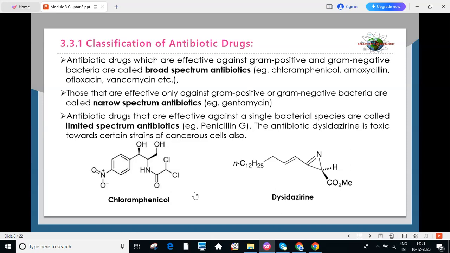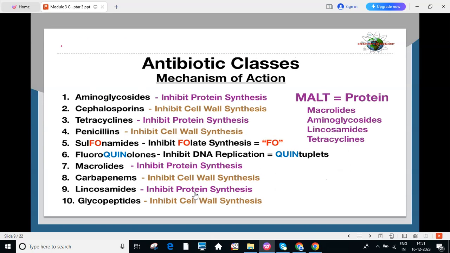The antibiotic dicycloserine is toxic towards certain strains of cancer cells also. These are the structures for chloramphenicol and dicycloserine. So this is the antibiotic classification based on the structure: aminoglycosides, cephalosporins, tetracyclines, penicillin, sulfonamides, fluoroquinolones, macrolides, carbapenems, lincosamides, glycopeptides. So these are the classification of antibiotics based on the